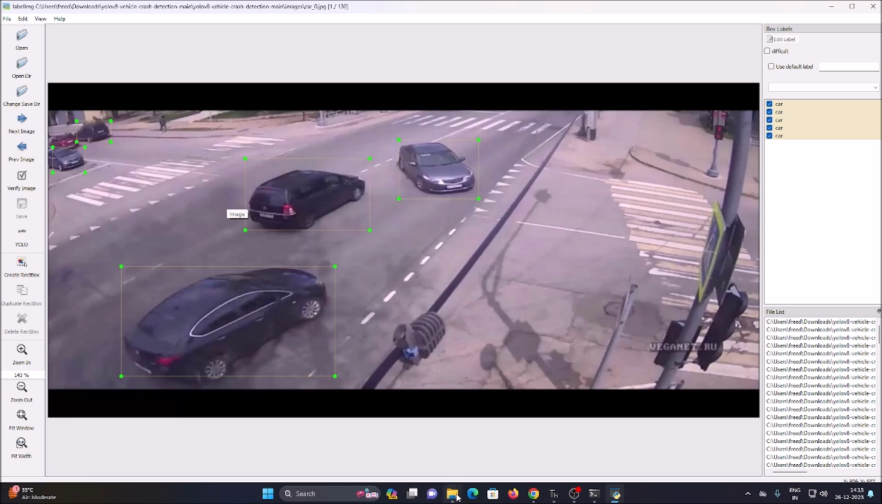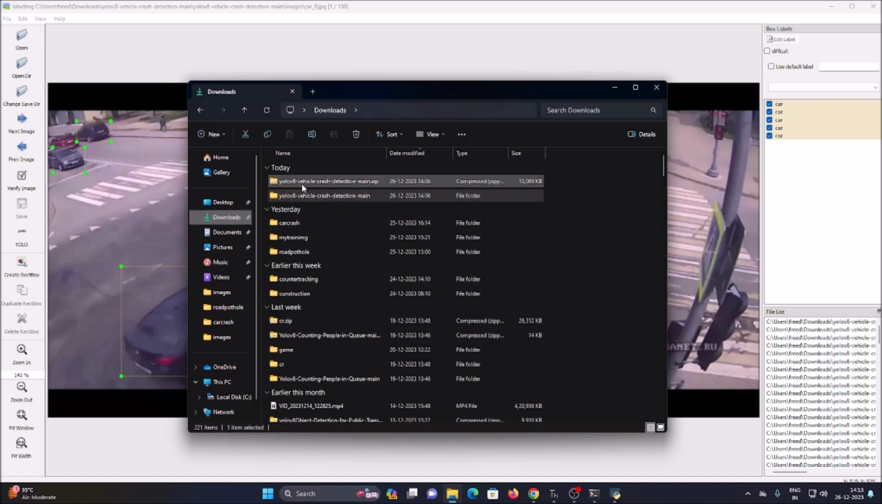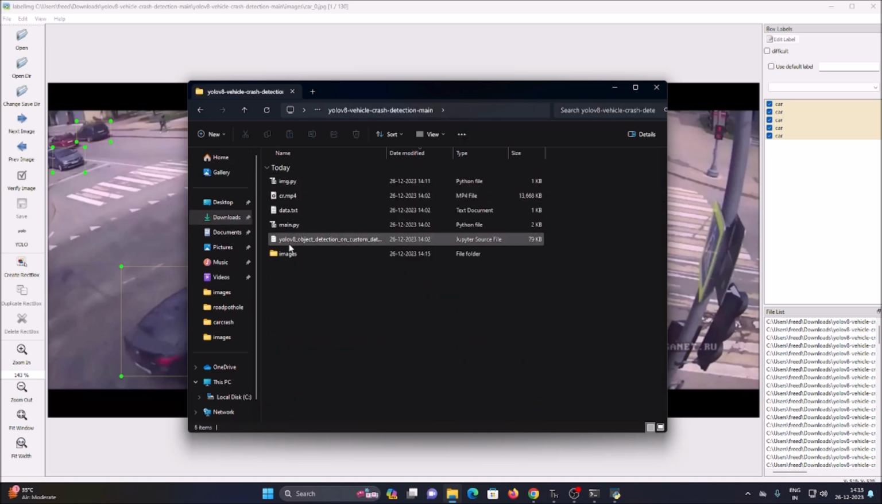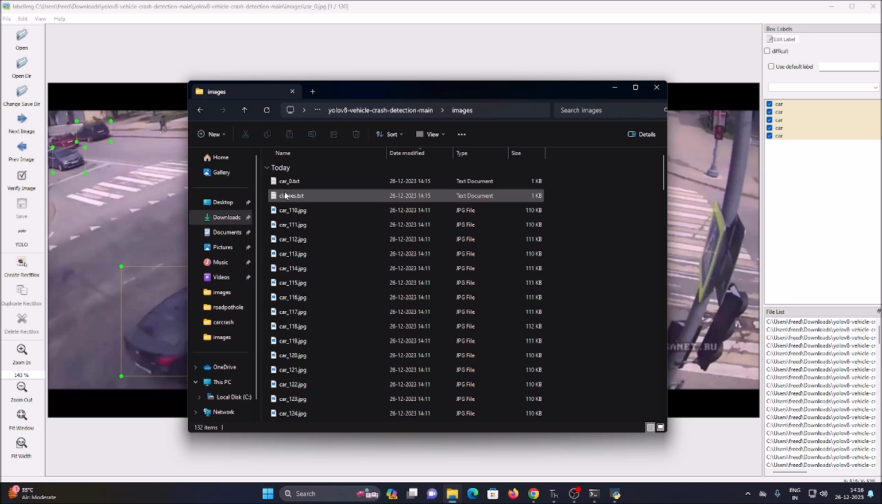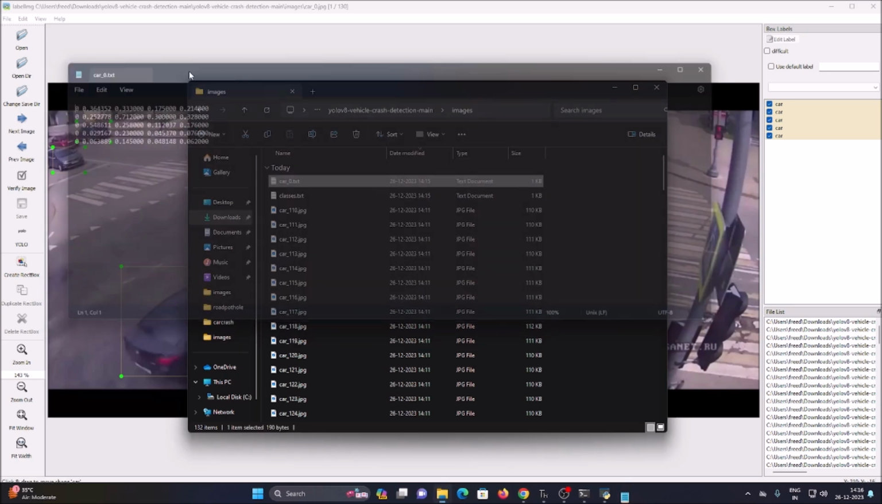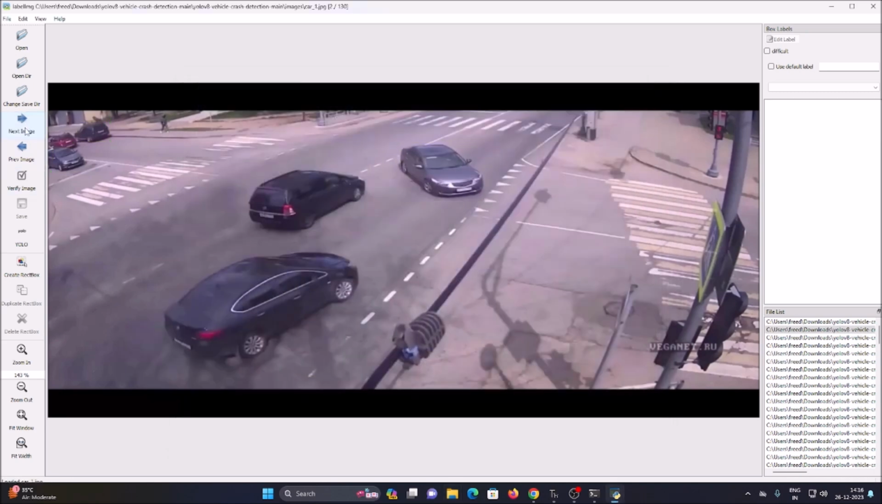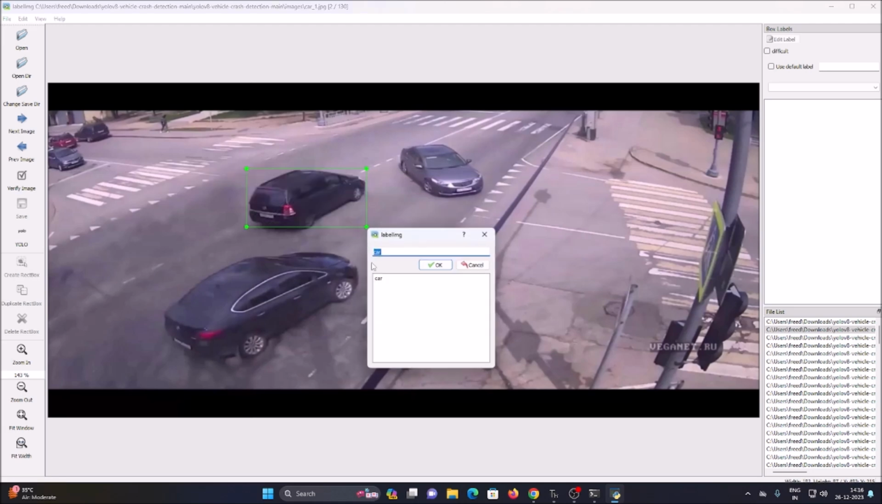If you open our repository, downloads and images folder, as you can see we have car0.txt. Inside that we have all the coordinates in YOLO format. That's it. Same way, now just go to the next image, create rectangle box, draw rectangle box, mention the car